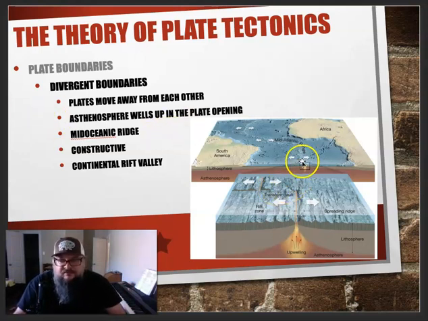So at a divergent plate boundary, like we have out there in the middle of the Atlantic Ocean, we have that ridge being formed, and that ridge forms because as this plate moves this way and this plate moves this way, you've got this thin, weakened section of the crust right here, and it gets so thin and it gets all fractured and it gets all weakened, so much so that this super hot